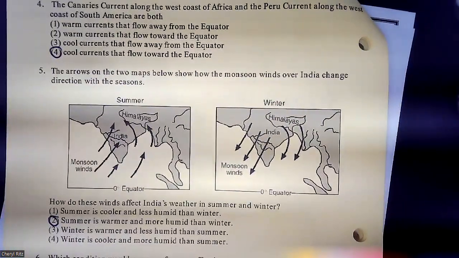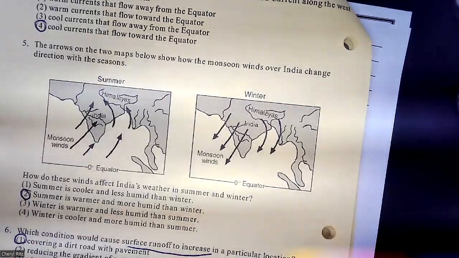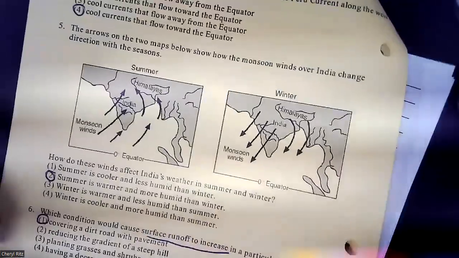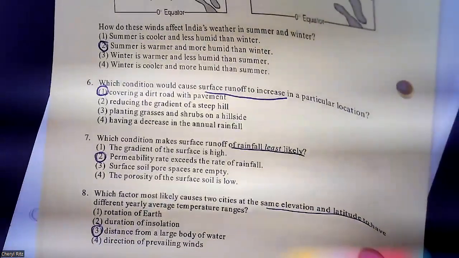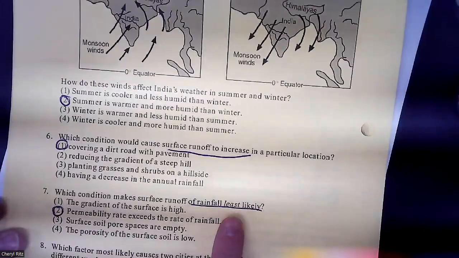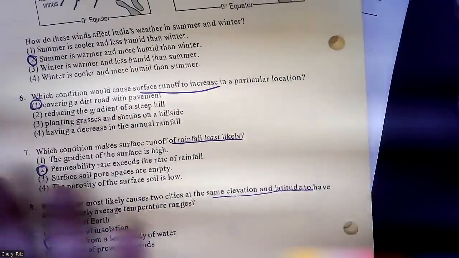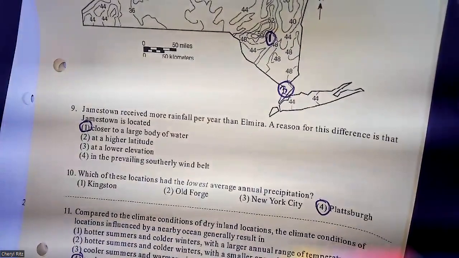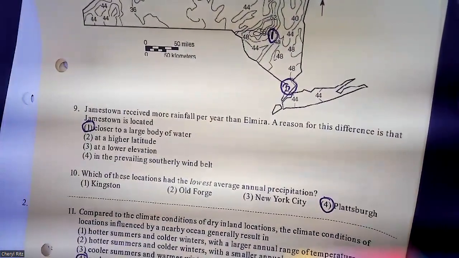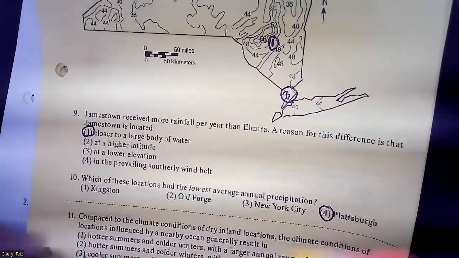Mrs. Brown will be proud. Number 6, 1. Number 7, 2. Number 8, 3. Again, notice how I'm underlining important stuff. I didn't cross off too much on this, but I definitely underlined things I needed to remember. Number 9 is 1, 10, 4, 11, 4,